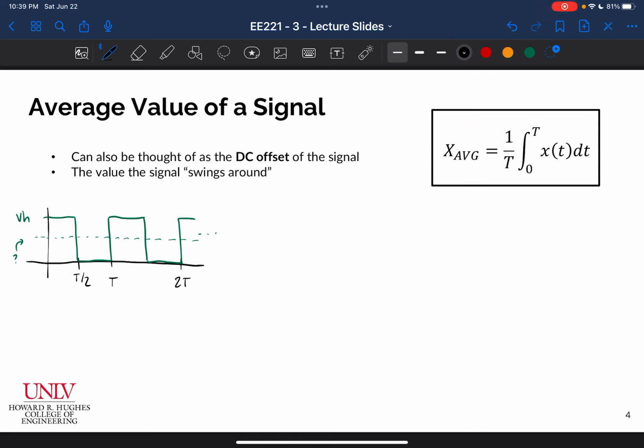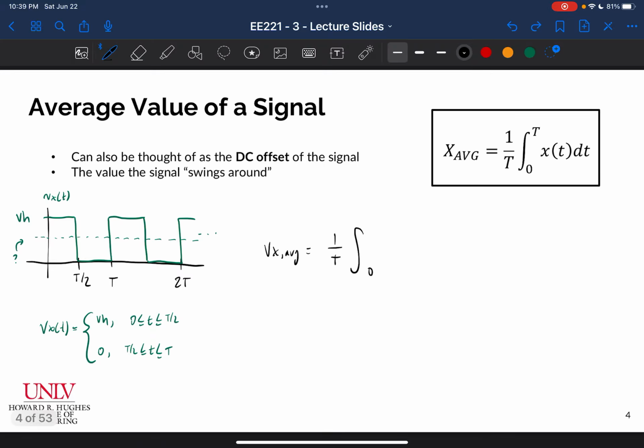So if this is my signal here, let's just call it Vx of t, and it has a high value of Vh. I could write my signal Vx of t as a piecewise function, that is Vh for 0 less than t less than T over 2, and it's 0 from T over 2 to T, right? And so if I wanted to find the average value now, I can just plug it right into my formula. So I can say Vx average is equal to 1 over T times the integral from 0 to T of x of t, which in this case is,